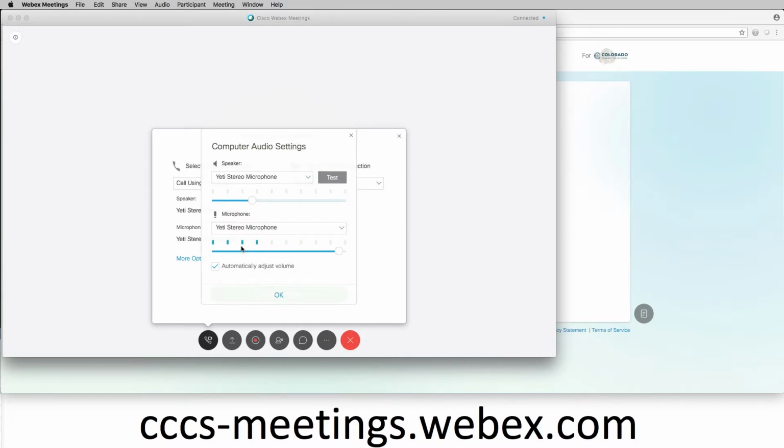As I'm talking, you can see the microphone is working, so that part is done. If it wasn't working, you could change the audio slider here, snap to test it out, or you can choose a different option here. In terms of the speaker, we can choose a different speaker option